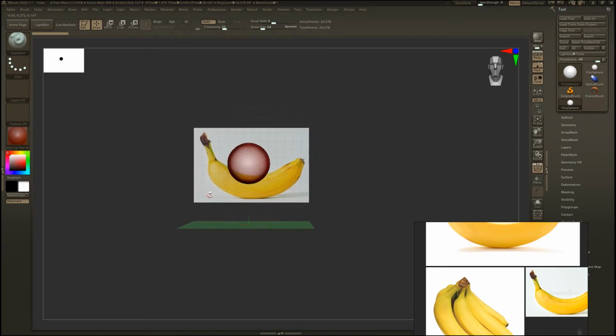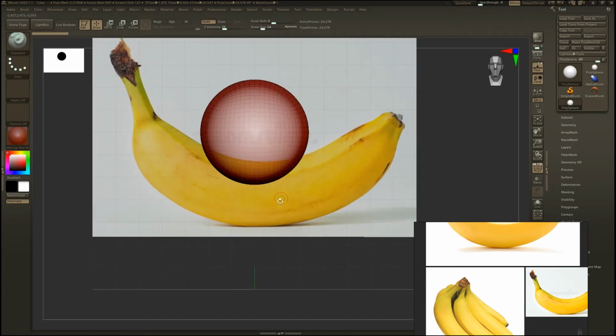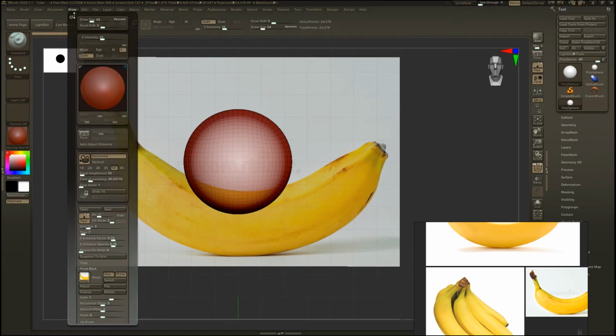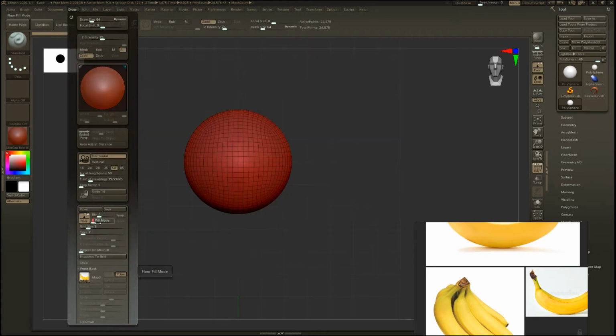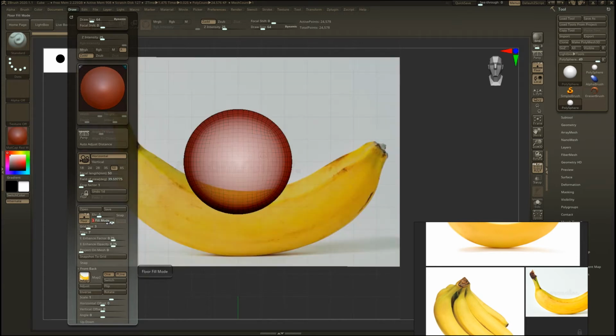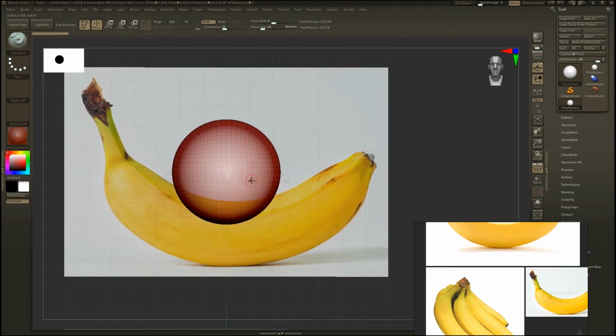Right now we are in perspective mode, so press P to turn off perspective view. You can also do it from here. You see I am seeing through the mesh. If you are not seeing through the mesh, just go to Draw and increase the fill mode up to value 3. You can get different attributes when you switch from value 1 to 3. Make sure to put 3 so you see through your model.